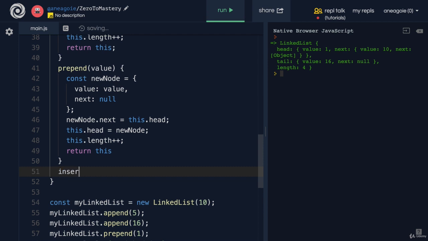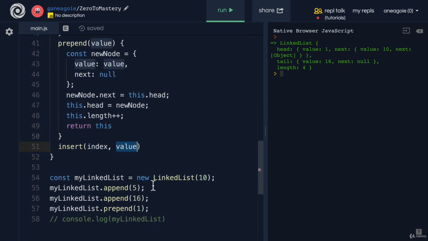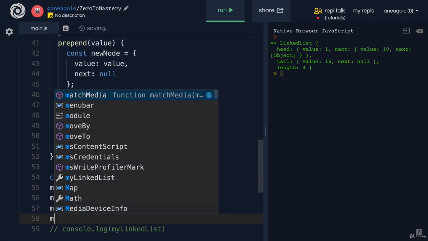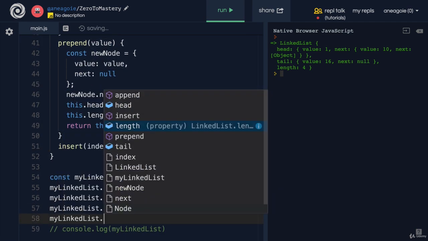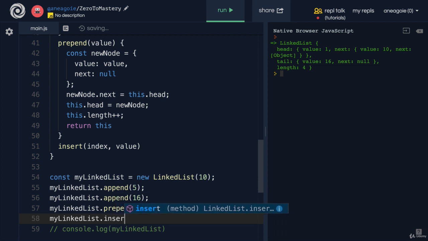We want to create an insert method. And this insert method is going to have an index and a value parameter, because we're going to want to be able to say insert at this location, this value into the list. For example, if I wanted to say my linked list dot insert, and let's say I wanted to insert at index of 2 the value 99,